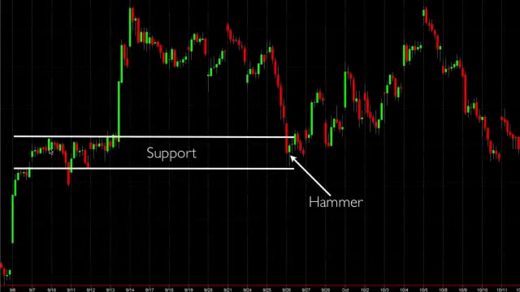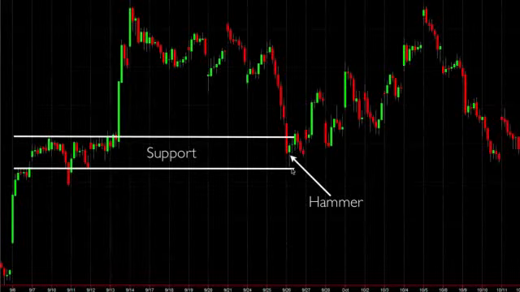Here you got support coming in. You can see all this consolidation over here, and that often acts as support, especially when we have seen a move like this, vertical up and vertical down. Here the sellers are exhausted. They come into support after a big vertical drop, meaning price simply can't break through without a break. I'm not saying it will not break down later on, but when you then see a hammer, that's the exhaustion where you should go in.